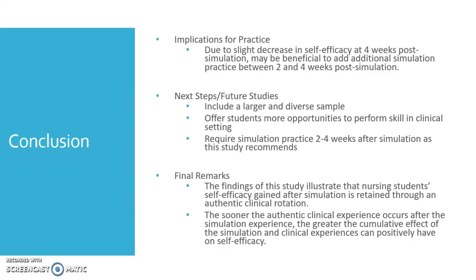The findings of my study illustrate that nursing students' self-efficacy gain after simulation is retained through an authentic clinical rotation. The sooner the authentic clinical experience occurs after the simulation practice, the greater the cumulative effect of the simulation and clinical experiences can